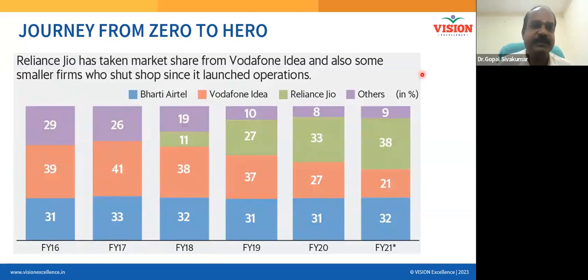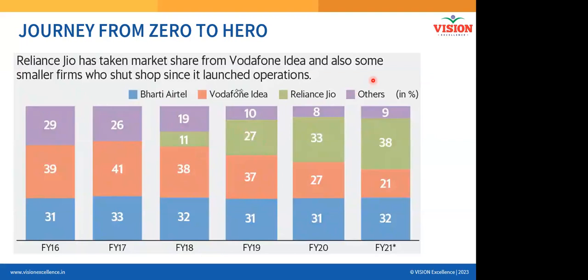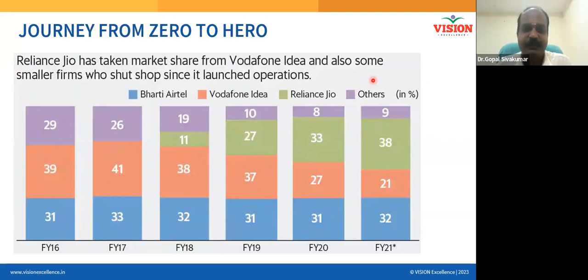And today all of us have 1 or 2 Jio SIMs, and all of us have their products in our house, in our office. And you see how steadily they grabbed the market share. 11% in the first year, and it has grown to 27% in the second year. The third year of the launch, their market share is 33%.